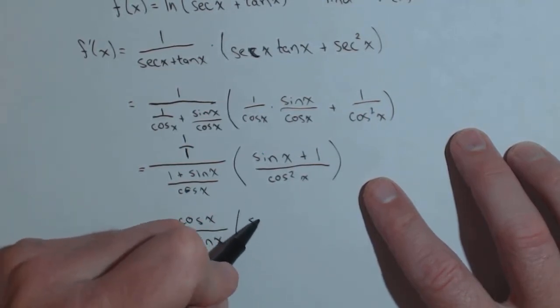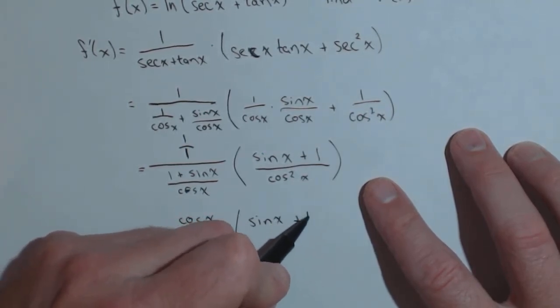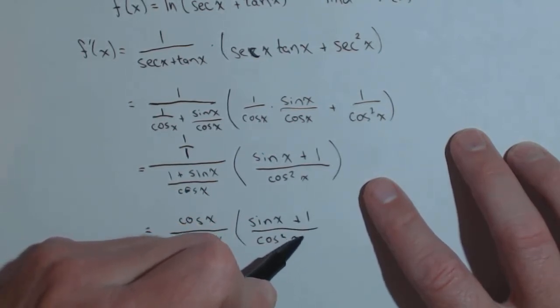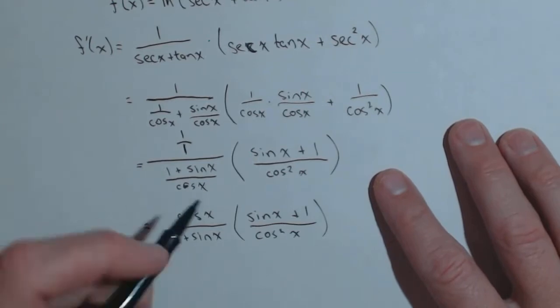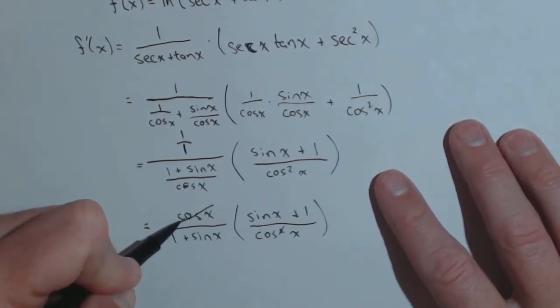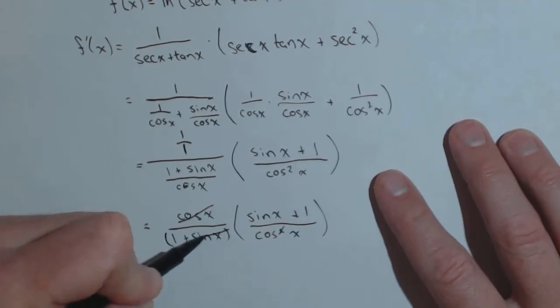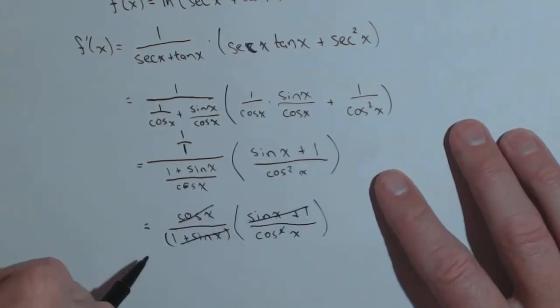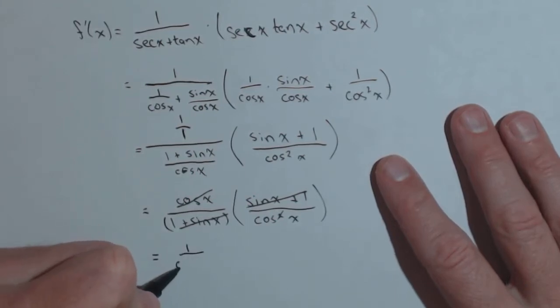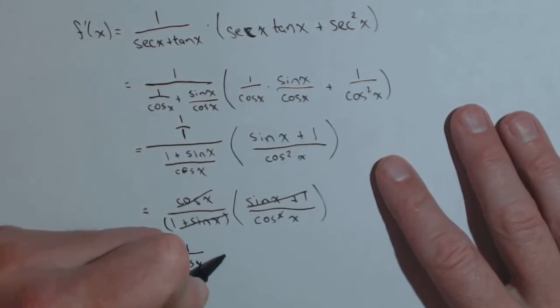And this is getting multiplied by sine of x plus 1 over cosine squared of x. So we can cancel out one of these cosines in the denominator with this cosine, and these factors cancel out completely. This f prime of x simplifies all the way down to 1 over cosine of x,